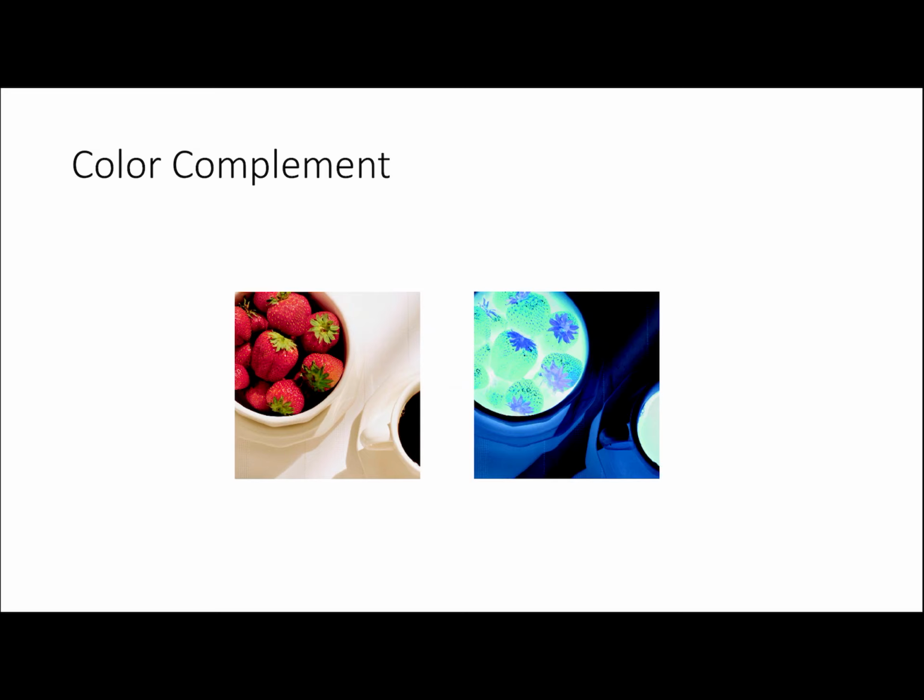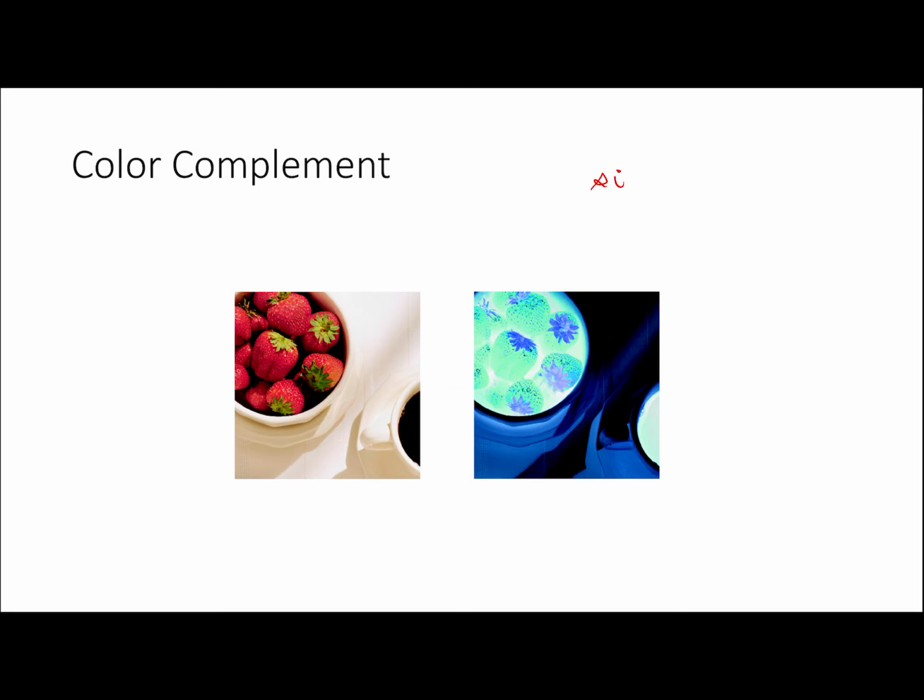If we apply the same transformation used to obtain the negative of a grayscale image to all the R, G and B planes of a color image represented in RGB space, then what we get is the color complement of the color image. So in grayscale we had a simple transformation, but for a color image I have to apply the same transformation on all the color planes.